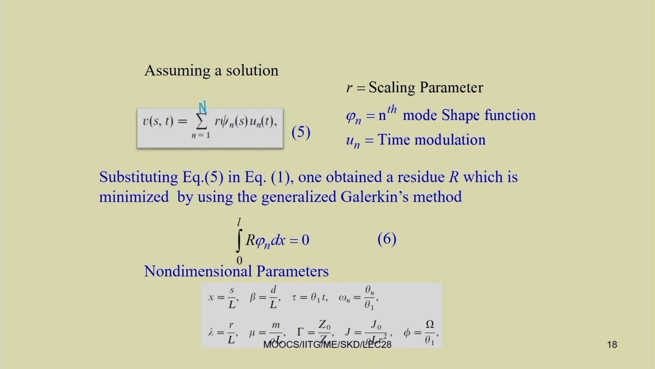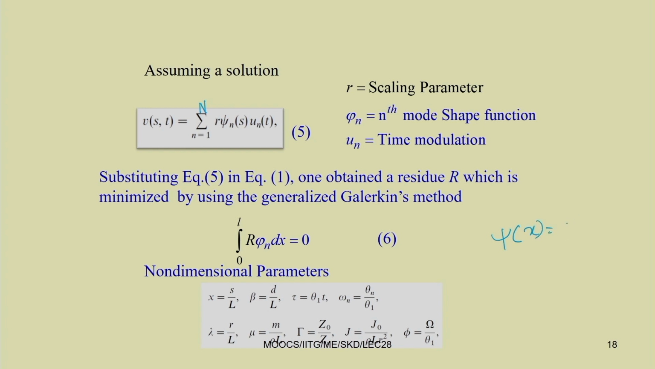So, we can derive that part from the linear equation. By putting the nonlinearity equal to 0 in the governing equation, we have the linear equation of motion. In this linear equation of motion, by applying the variable separation method, we can easily derive the shape functions of the system. For example, in case of a simply supported beam, you are already familiar that psi n can be written